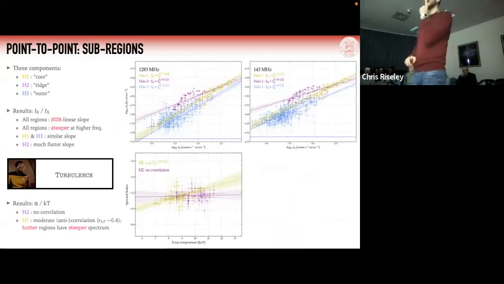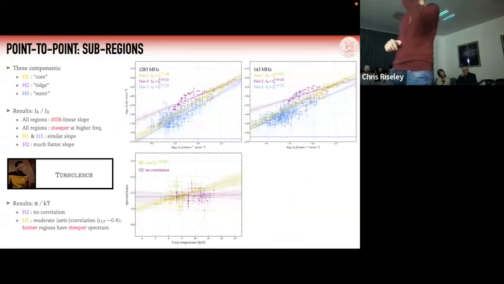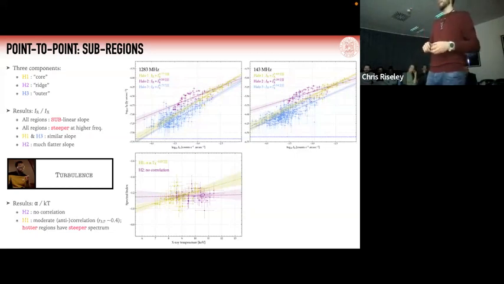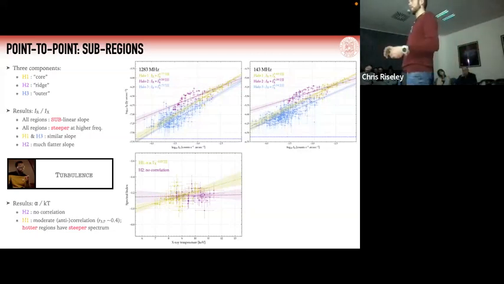It's a good point. I only put this plot together the other day, but looking at correlations between spectral index and X-ray temperature is something that this is the first time I think I've done it in my career so far. It's something that not a lot of people have the data quality to do. So that's a really interesting idea, and it would be good to check out whether that has an impact or not.